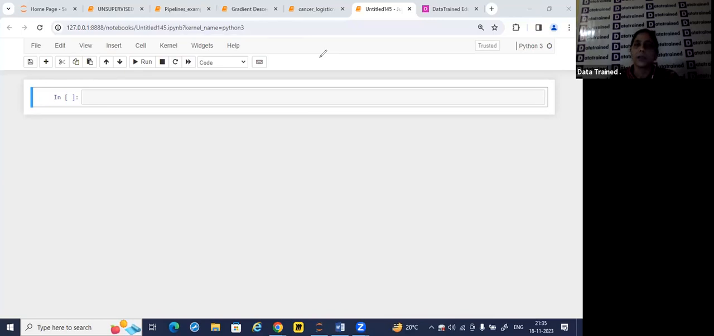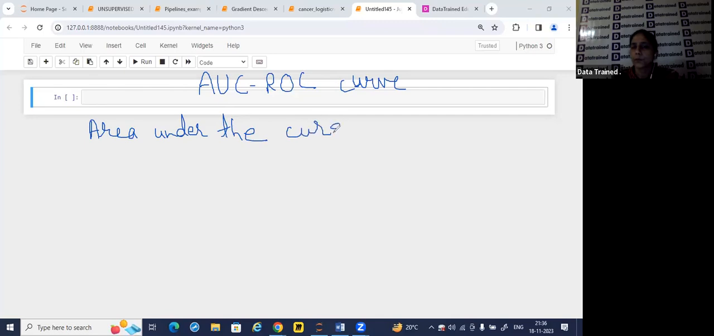Good evening. Okay, so let's go ahead with AUC ROC curves. AUC ROC curves means area under the curve. What does it mean? Basically, AUC ROC curves